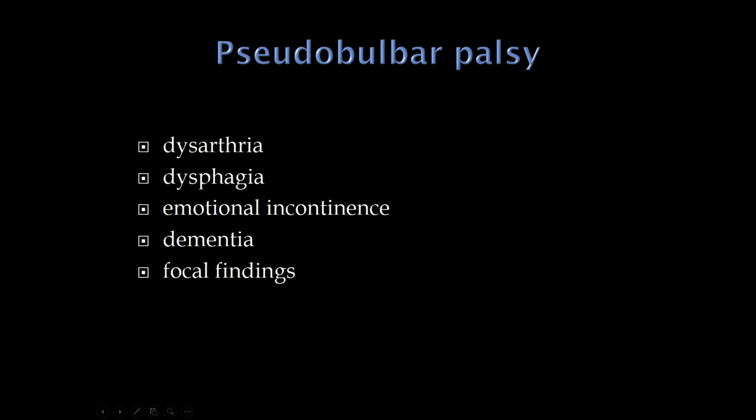Okay? And any patient that has had lots and lots of small strokes, some of those are going to affect motor pathways or sensory pathways. So these patients have focal findings like hemiplegia, hemisensory loss, as you would see in any patient who's had a lot of strokes. But what usually makes us think about pseudobulbar palsy, maybe not the most flattering term here, but